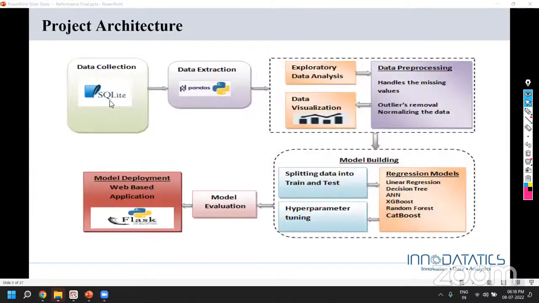This is basically the project architecture. We discussed this in our last session. We used SQLite, you can say MySQL in fact. Then we used pandas to extract the data from the HRIS systems, which are ultimately our relational database systems. And then once the data is obtained into the processing tool, that is Python,